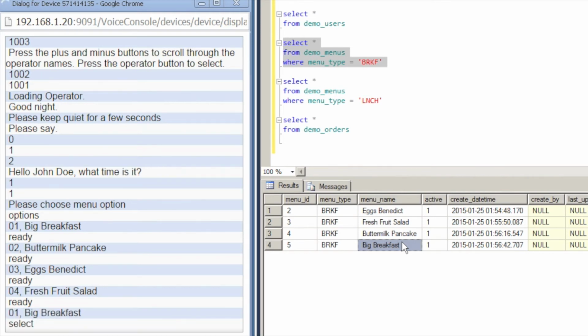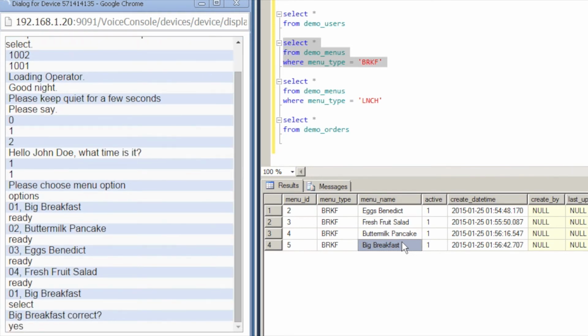Select. Big breakfast correct. Yes. Your order number is